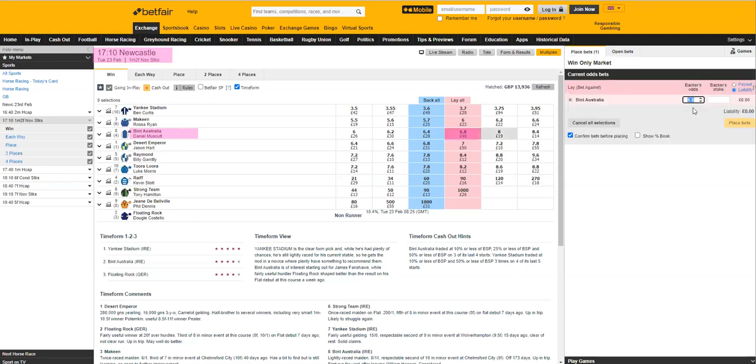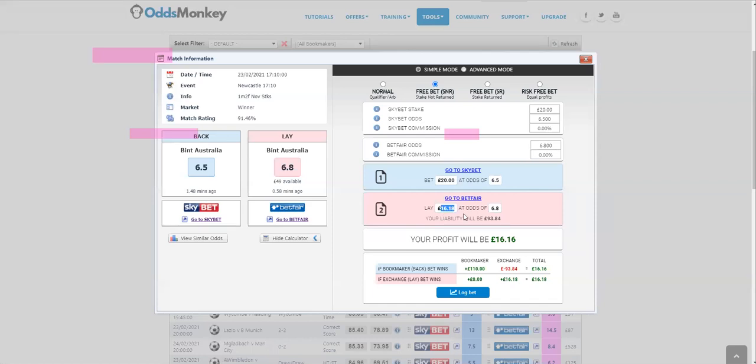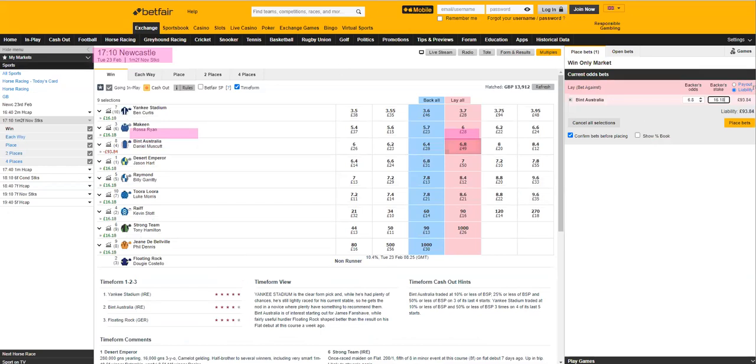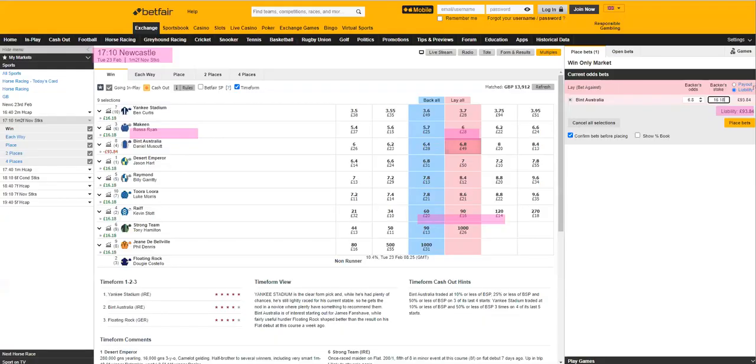So if I click that over on the right-hand side now, it's asking for the lay stake, which is on here, £16.18. So I'm going to type that in there. It's now come up on the right-hand side showing a liability of £93.84. So if I go back to here, we can see below our liability is £93.84, which is exactly what we expect to see. Therefore, you would then go and click place bets and then confirm your bets, and then